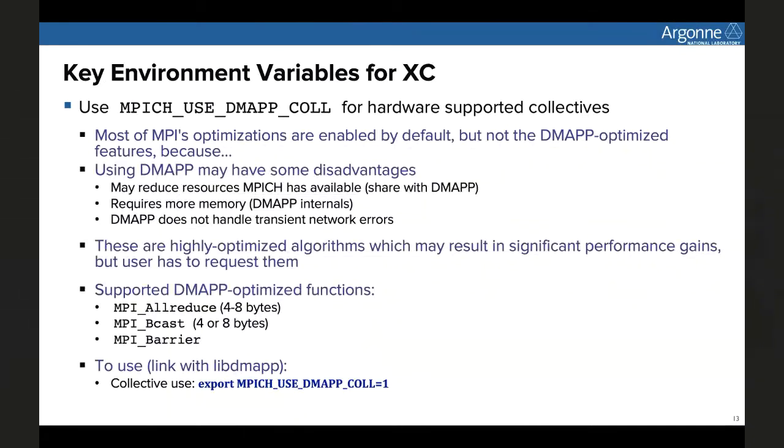by using DMAP, you're taking away the resources from the uGNI. Because the network resources are shared between the uGNI and DMAP, that one needs to be aware of when you want to use the hardware optimized collective engine. Essentially, if you have the majority of your collective message size in the range of 4 byte or 8 byte all reduce, if that is what the CrayPat shows, then you could use the DMAP collective engine.